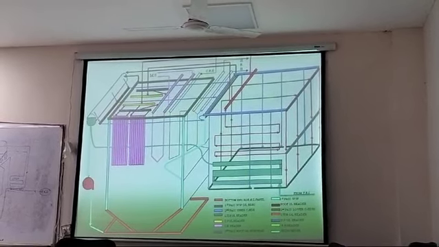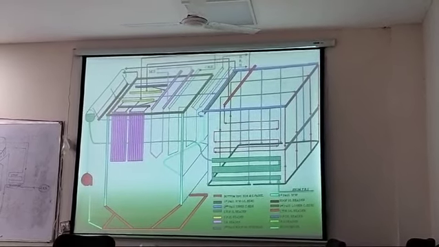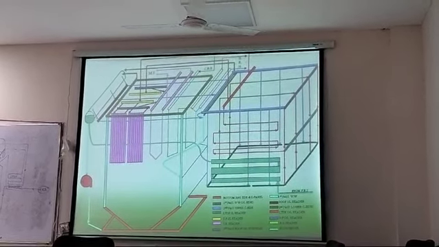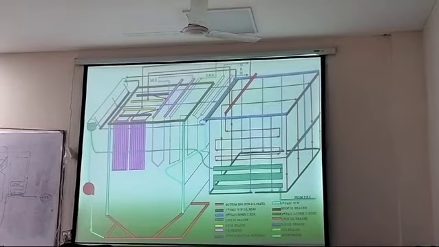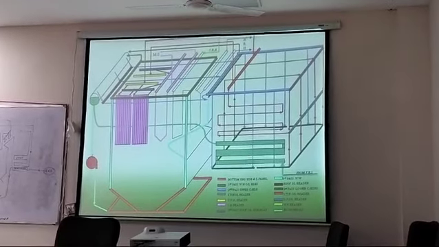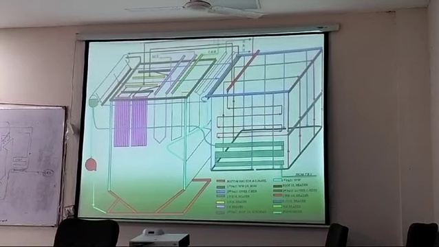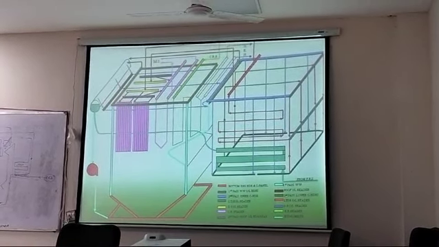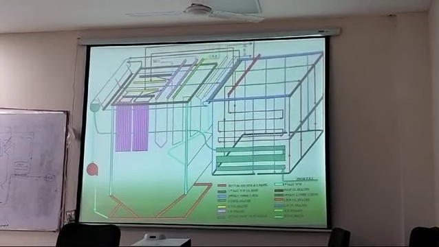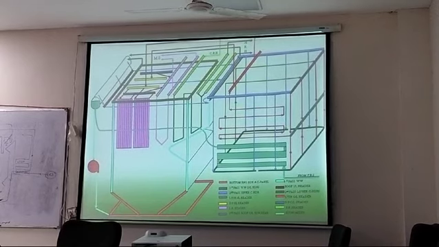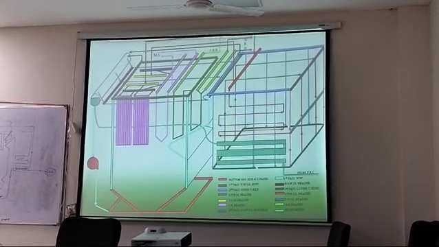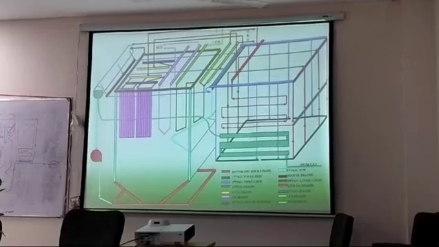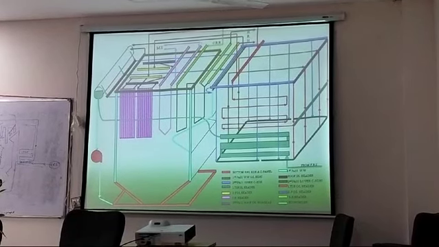Okay, and once this is utilized in the HP turbine, the exhaust of HP turbine is taken by cold reheat line. Through the cold reheat line, it is coming back to the boiler for re-superheating or reheating. This is primary reheating, then secondary reheating. After that, through hot reheat line, it is going back to the intermediate pressure turbine. So this is your water steam